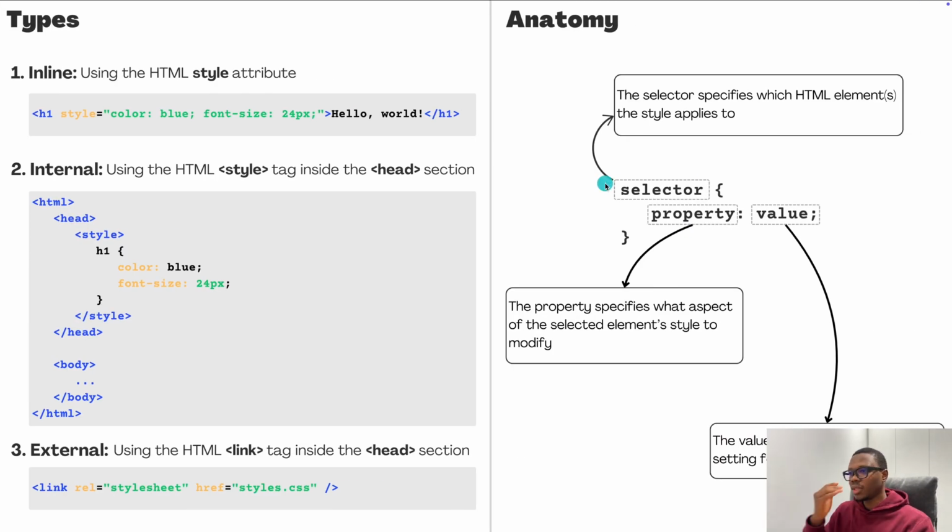So we talked about the selector, the property, the value, and I'm going to talk about selector types, the types of selectors that we have in CSS. I'll just talk about them, show them, talk about them, show them. Most importantly,